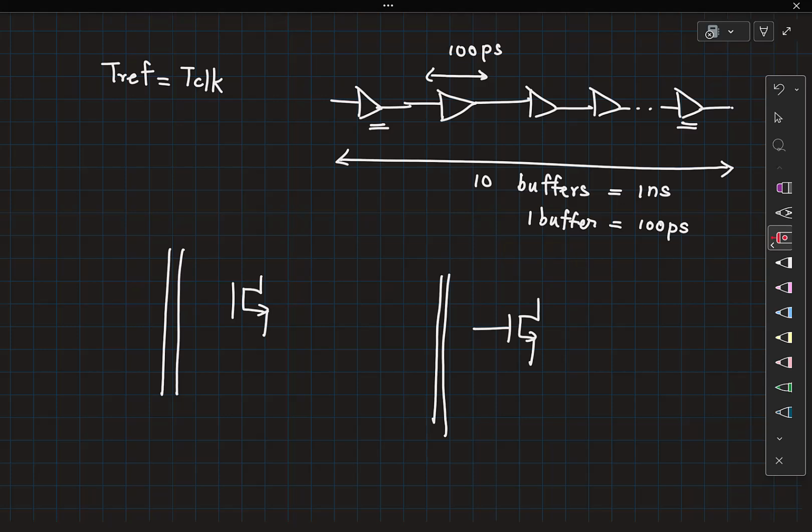And after you do all of this, you will have the provision to simulate and see how much mismatch you get at the end. So you can look for the mismatch. Any mismatch between these is now going to introduce an error in your TDC measurement. You make sure that error is much, much smaller than the resolution of the TDC.